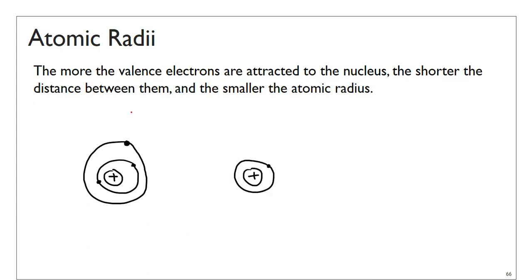Okay, so if you compare these two atoms, which I'm trying to indicate, let's say they both have a core charge of 1, but this one has another shell compared to this one. So this one, because it has one less shell, so let's assume this is lithium and this is sodium, it is going to, that's not sodium, I don't know what that is, that's hydrogen and that's lithium. Okay, this one has less shell